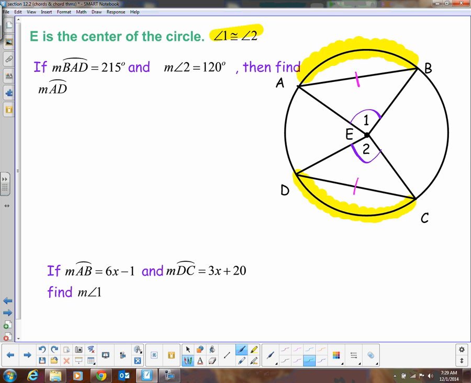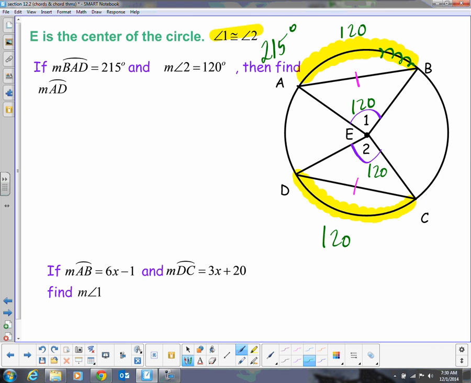My first problem says if the measure of arc BAD is 215, and the measure of angle 2 is 120. Well, if the measure of angle 2 is 120, what's the measure of this arc? 120. What's the measure of this angle? 120. What's the measure of this arc? 120. Now, if the measure of the arc from B all the way through A to D is 215 degrees,